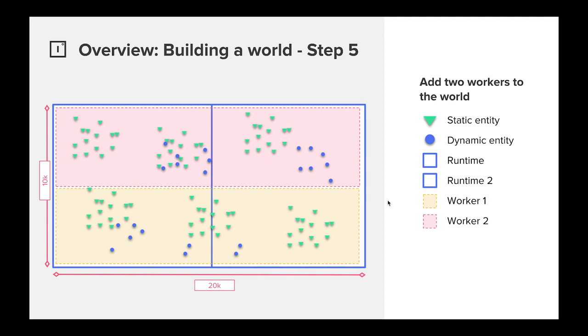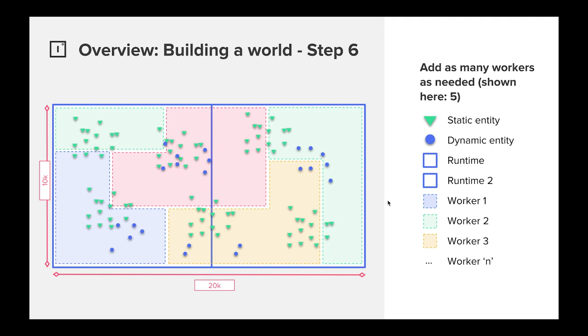So now we're going to add some workers. What you've done is written a process that links against our libraries and implements our APIs, and now SpatialOS has launched two workers for you. Already, you have twice the amount of power that one process would normally have. But obviously, a world is dynamic and things start to happen. As players join the world, the amount of compute needed goes up. SpatialOS as a platform can bring up more workers.